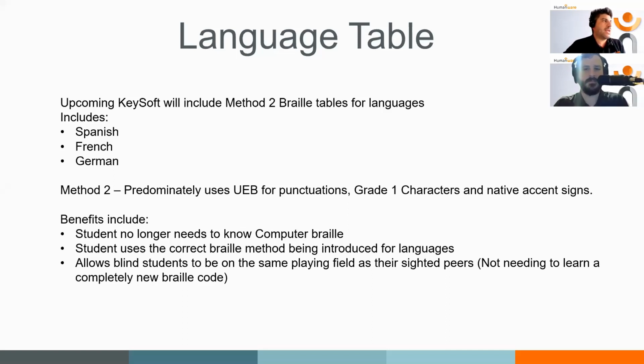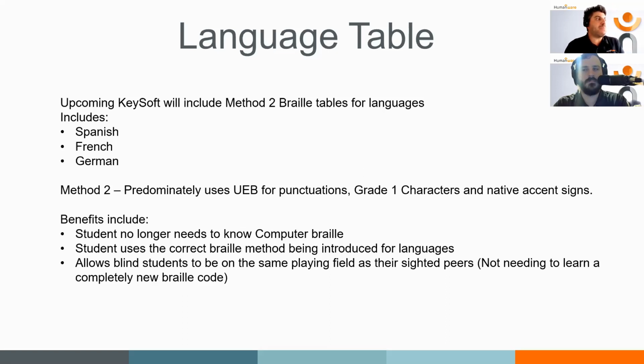kind of Braille table. Now, what this means is that you can teach Spanish, French, German. The student can actually learn the method 2 tables without having to interact with computer Braille and switching between contracted and uncontracted, or even having to learn the full native Braille code. What method 2 predominantly uses is, of course, UEB for punctuation, grade 1 for the characters, and the native accent